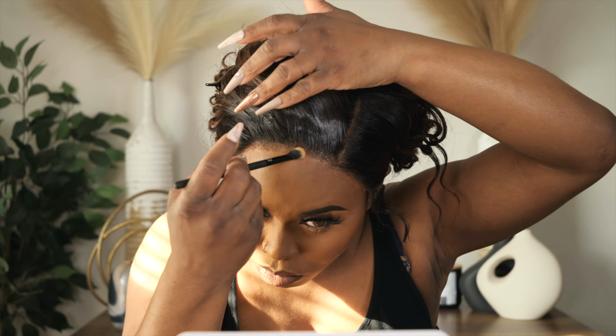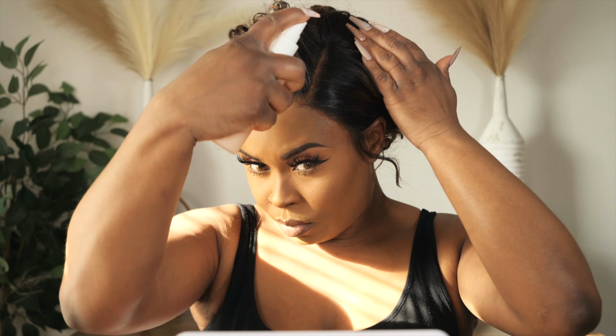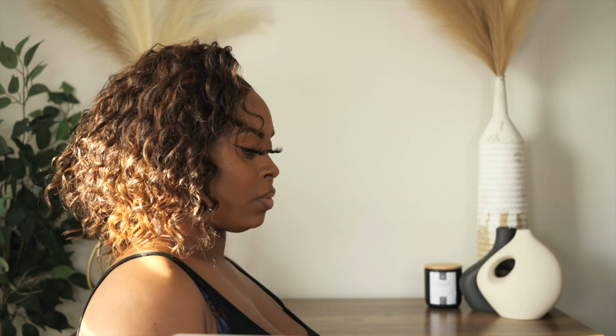I will tell you that I loved it so much that I went outside and took pictures, and I actually have worn this unit 2 more times after this video, and I don't think this is going to no wig sale. This is going to be one of my everyday go-to wigs because it's so easy, so pretty. The length is perfect for every day. You don't have to worry about it rubbing up against your clothes, being in your face. It's just so